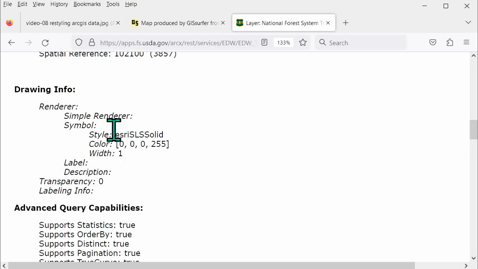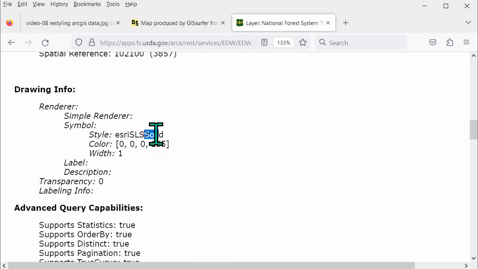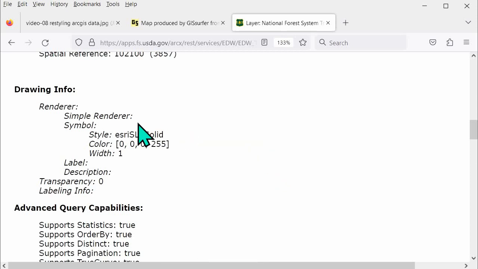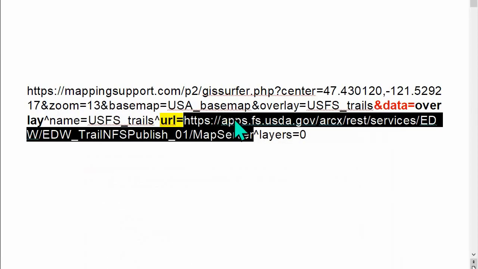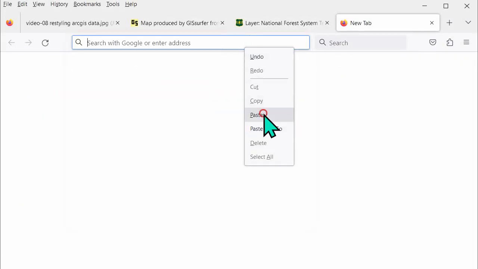The first setting has two parts. This part here, the SLS, the L there stands for line. The solid is a keyword, and there are different keywords that can be used right there in order to maybe show a dotted line, a dashed line, or some combination. So to see what the allowed keywords are, I'm going to copy that right there, and I'm going to do a Google search on that text,